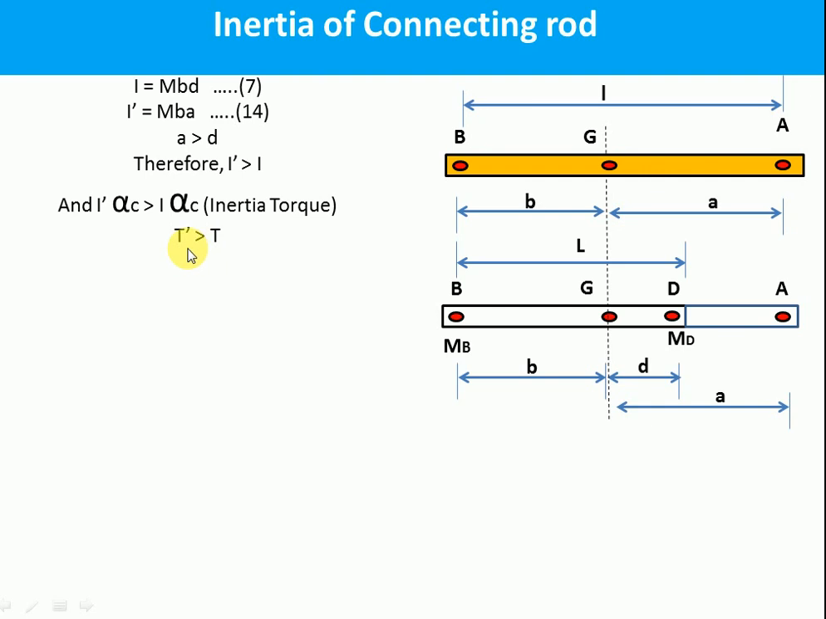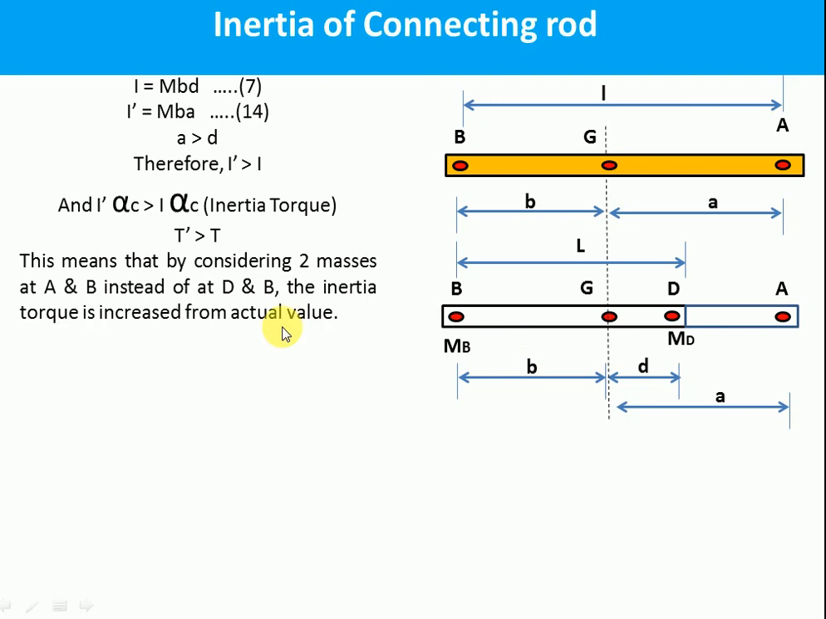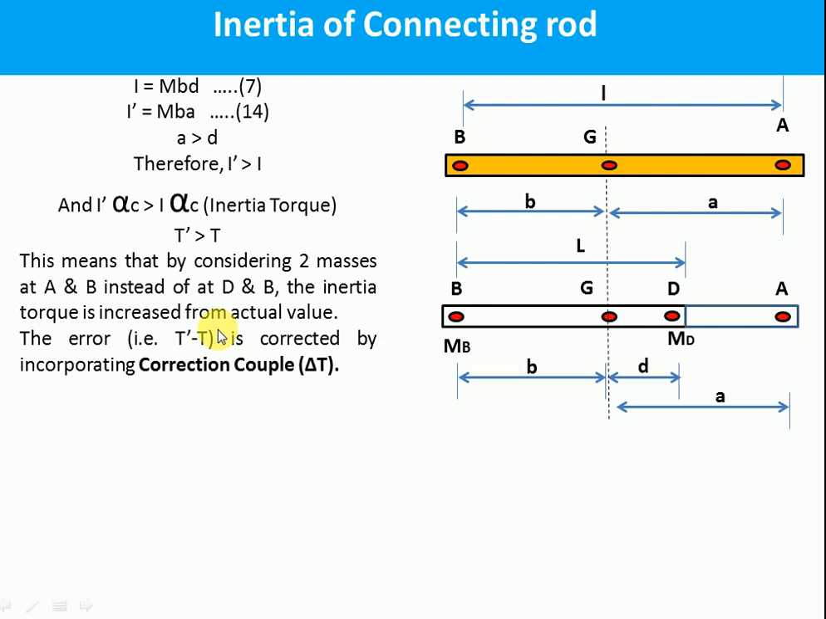That means by considering two point masses at two extreme ends instead of any other two positions, there is increase in torque. That is, by considering two masses at A and B instead of at D and B, the inertia torque is increased from the actual value. This increase is, say, delta T. The error, that is T dash minus T, is corrected by incorporating a correction couple, that is delta T. This delta T is equal to T dash minus